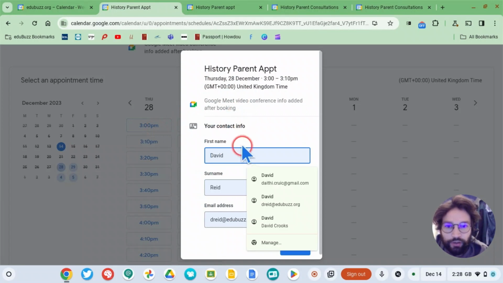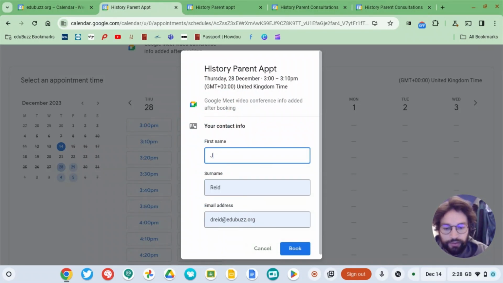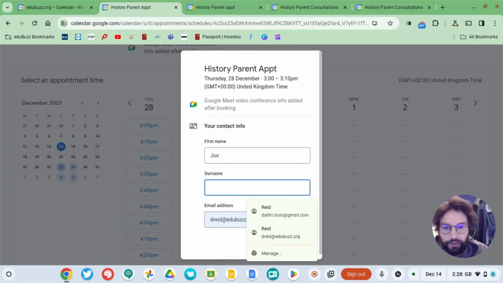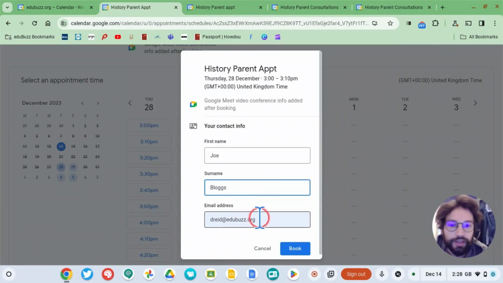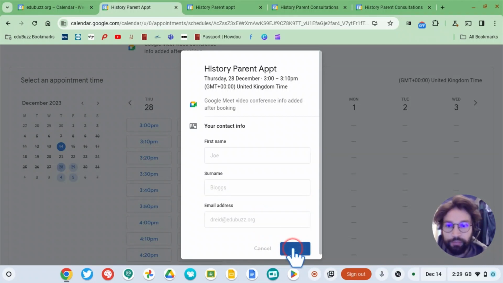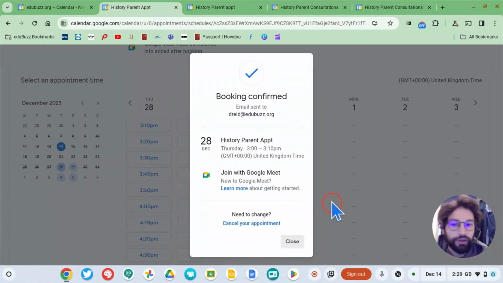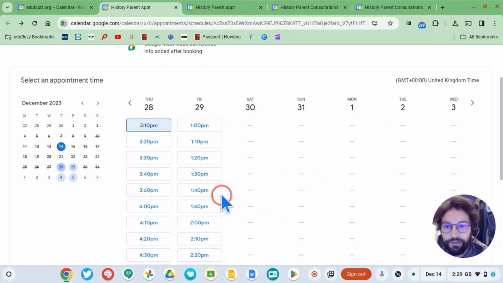You could see that the contact info, you can input their name. So it could be Joe Blogs, and this would be the email address that the parent would leave, so that they would get their email reminder. They simply click book, and that will block out that spot on your calendar. As you can see, it's now highlighted in blue, so it's blocked, so no other parent will be able to book that, and you will receive a notification that